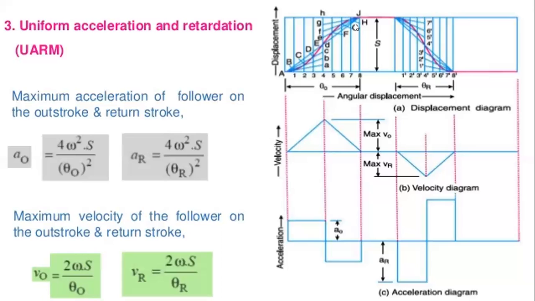And next, the dwell line is taken as the straight line, that is the pink color one, and the return stroke is also taken in the same way, that is dividing it into 8 equal parts, and then we take the center line, that is the 4 dash line. We need to take these points a bit differently. This is the primary points and this is the secondary points. So I am taking them as 1 dash, 2 dash, 3 dash, and the edge points also 1 dash, 2 dash, 3 dash lines. And in the same pattern, we divide and intersect these points while obtaining the intersection points.